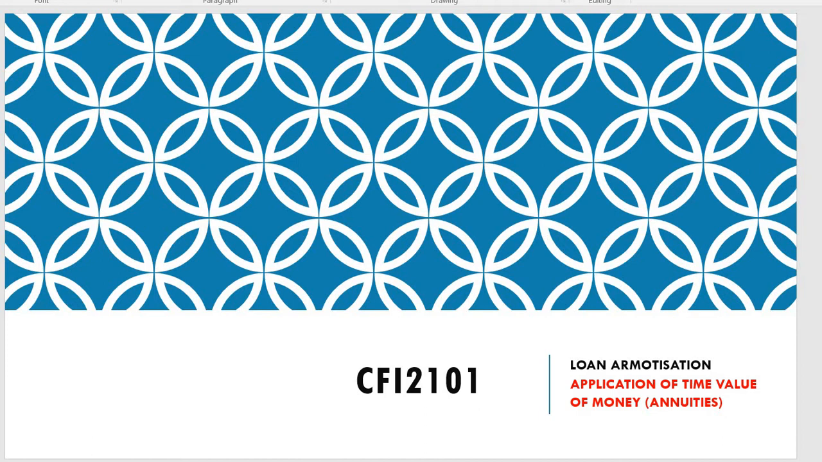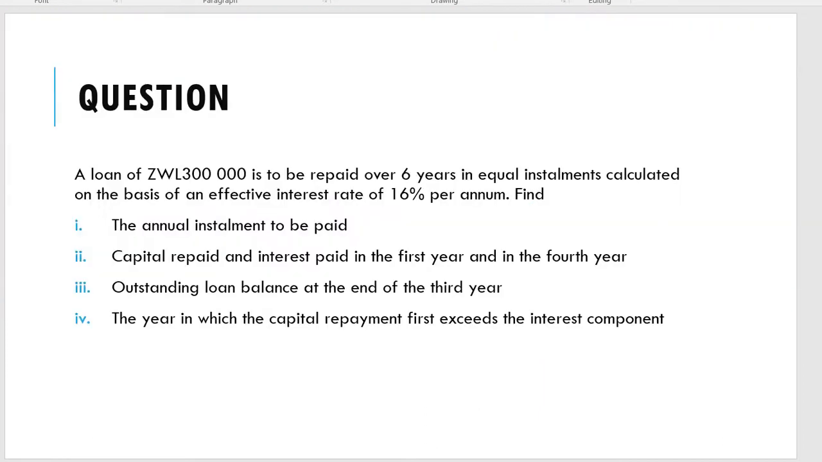But let's start off with a question, so that we apply it practically. Now, a loan of 300,000 Zim dollars is to be repaid over 6 years in equal installments, calculated on the basis of an effective interest rate of 16% per annum. Find the annual installment to be paid, the capital repaid, and the interest paid in the first year and in the fourth year,